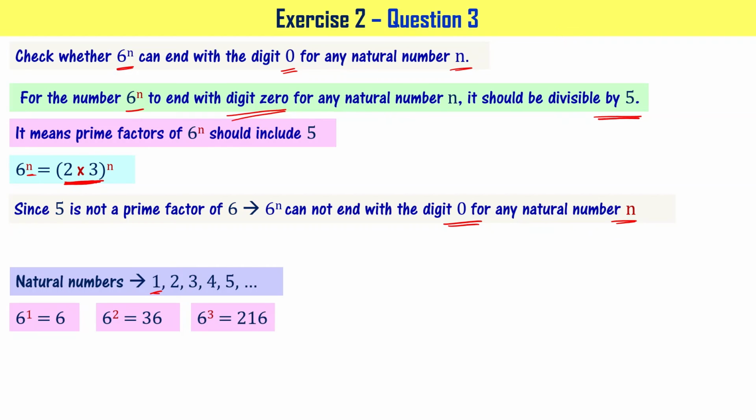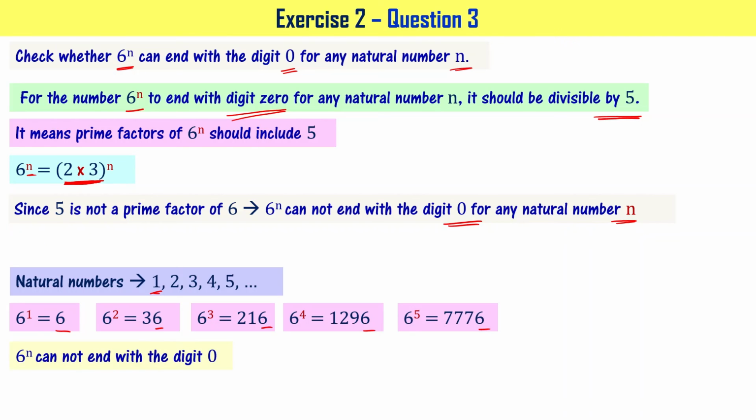What is 6 cube? That is 216. 6 power 4 is 1296. 6 power 5 is 7776. When you look at all these numbers, you see the last digit is always 6, right? You can take 6 power 6, 6 power 7 and so on, but it doesn't matter. It is always 6. So based on this, you can say that 6 power n cannot end with digit 0,